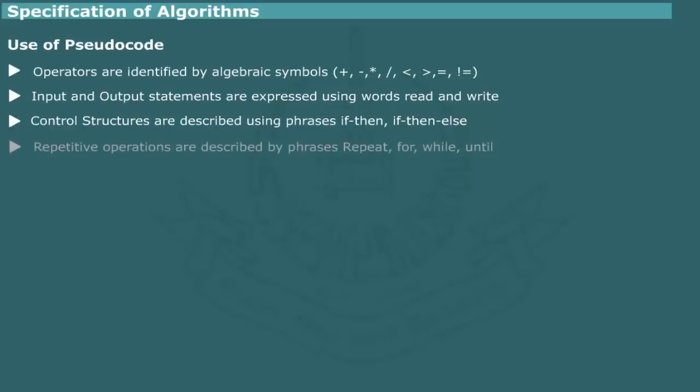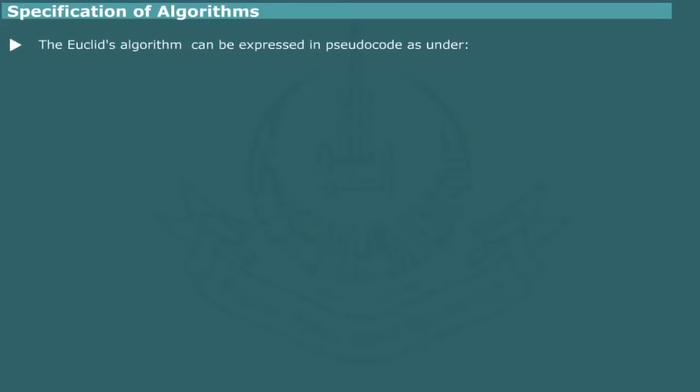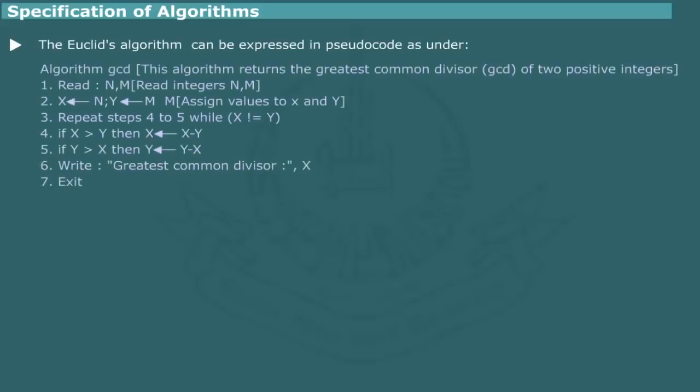Loops. The repetitive operations are described by the word repeat, that is followed by loop structure described in terms of for or while statements. Specification of algorithm. The Euclid's algorithm for the GCD can be expressed in pseudocode as shown. The pseudocode is not only human readable, it can also be easily translated into a high-level programming code fragment. C++ code for the GCD algorithm is